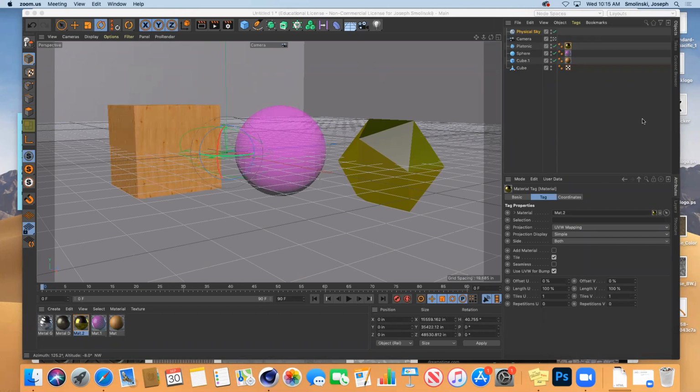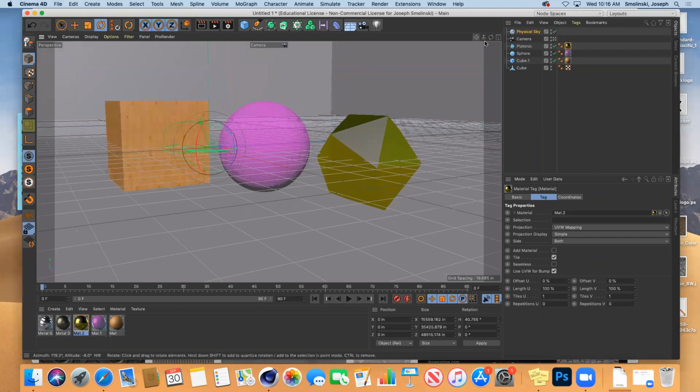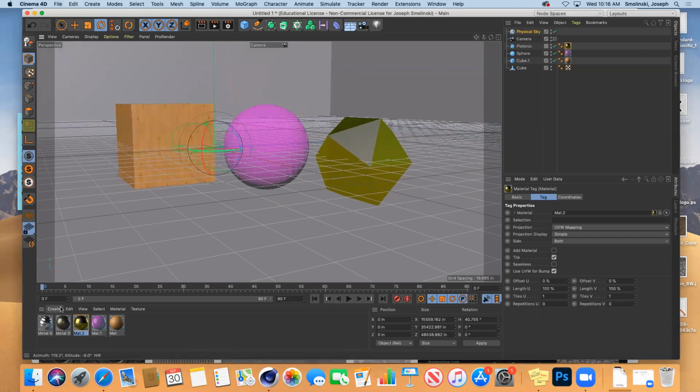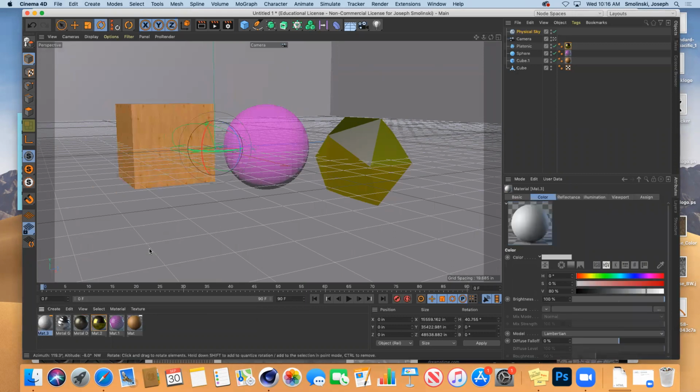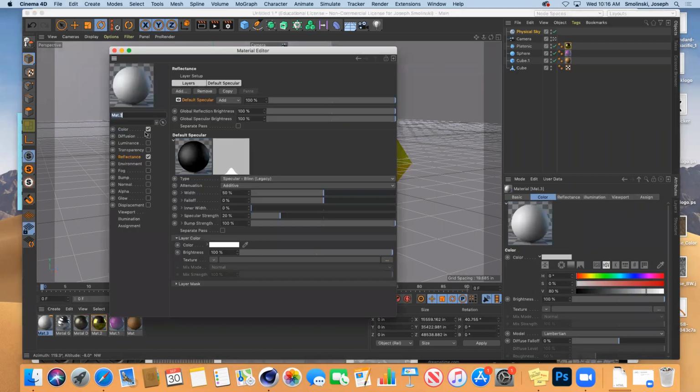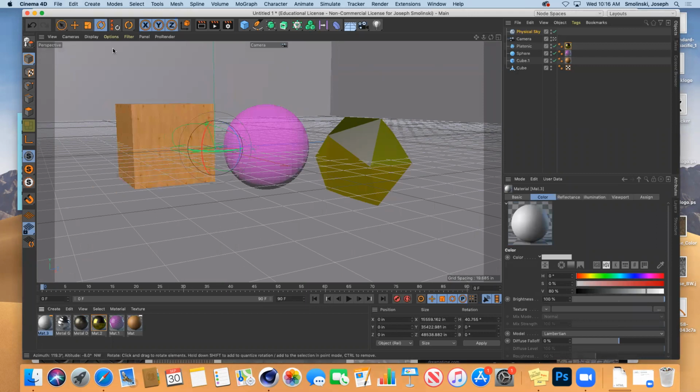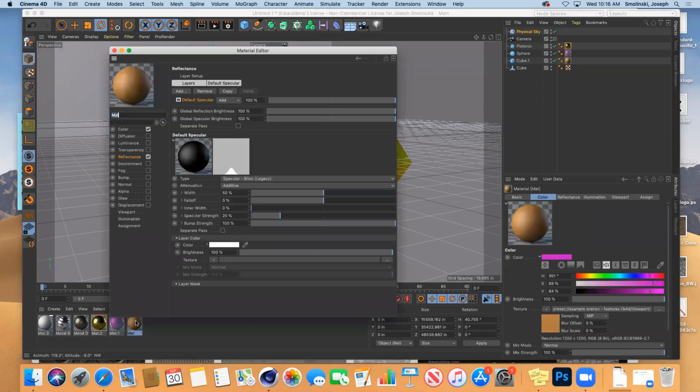Okay, so we're going to move on and talk a little bit further about some material presets that we can look at. All right, so let's see. Okay, so let's do a new material. And I wanted to talk, so we've talked a little bit about the difference between bump and displacement, but I kind of just want to go over it one more time so you guys can see how it can be used. Let's just actually go to this wood